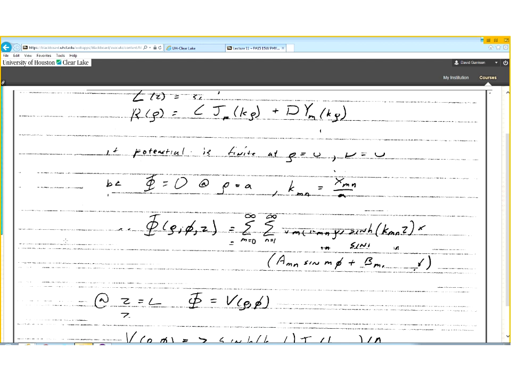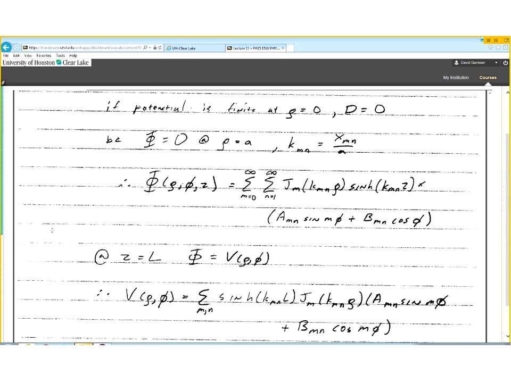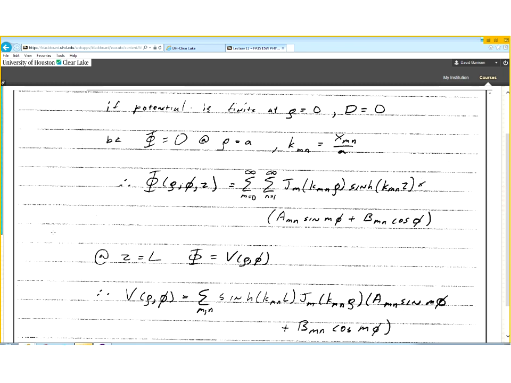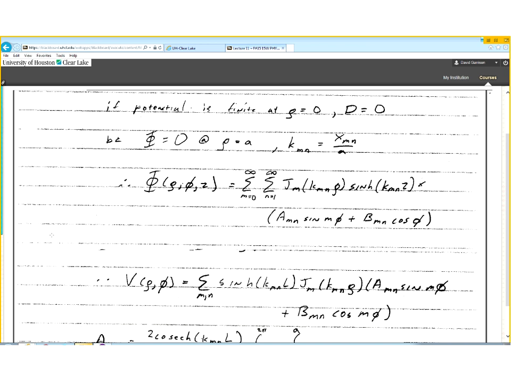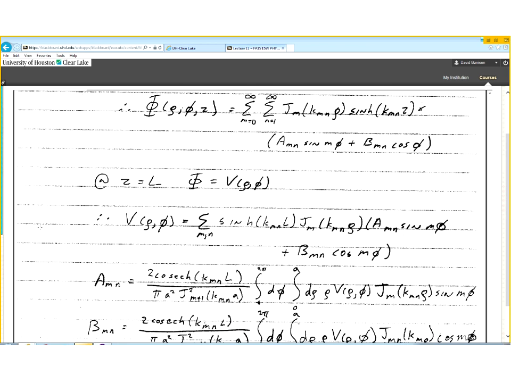And once you've done that, you can use that to solve for your coefficients. And then you have a solution which is just the sum of all possible solutions. And you can see here we're using the J Bessel function, and we're using a hyperbolic sine, and then these oscillating terms. Now, also, if you have a solution where at z goes to L, you have a finite potential, which is non-zero, then you could see here